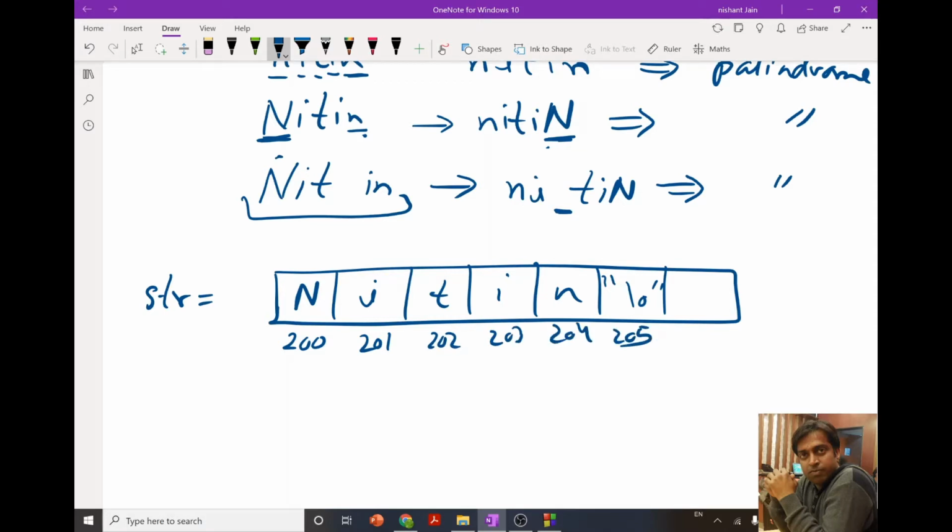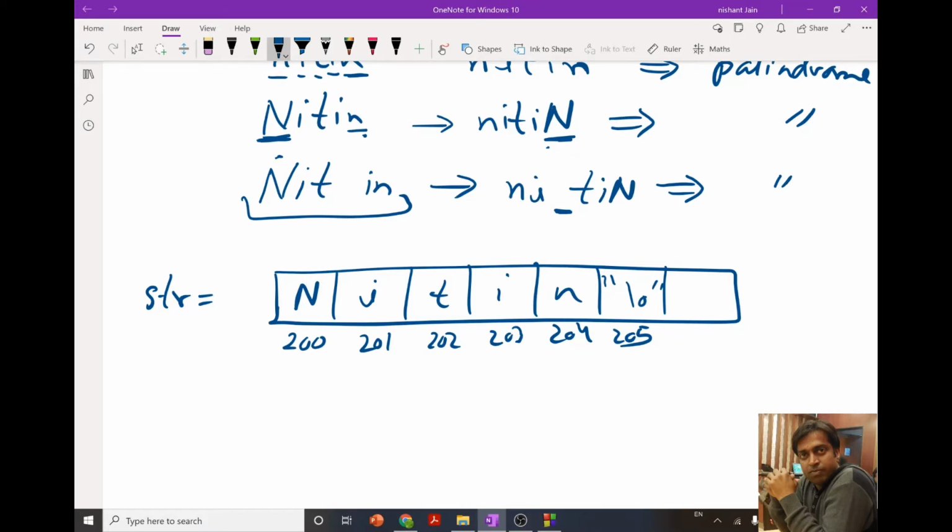Now, after asking the user to enter the string, first we will try to remove all the capital characters. Remove in the sense we will convert them into small characters. We will check each and every character whether it is capital or not.